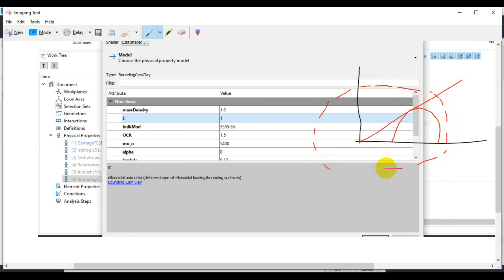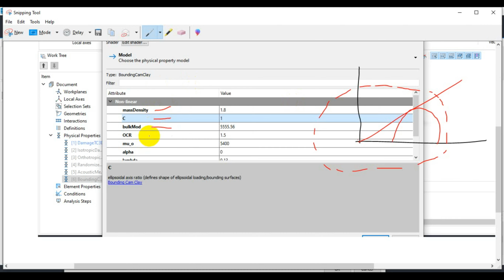So if it is one here, it means that the shape is a circular shape. If it is less than one, it is an ellipsoidal shape here. So this is for the loading and unloading condition, and we have the definition for the bulk modulus of the material, which is obvious, and it can be obtained from the